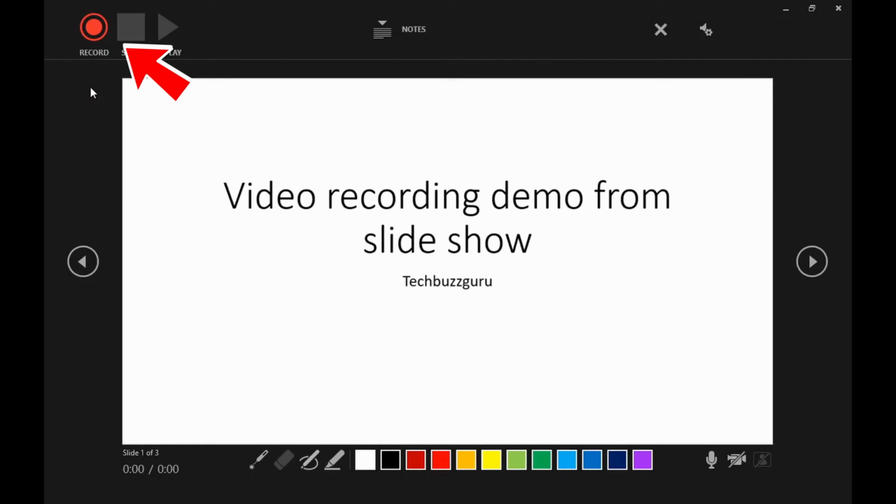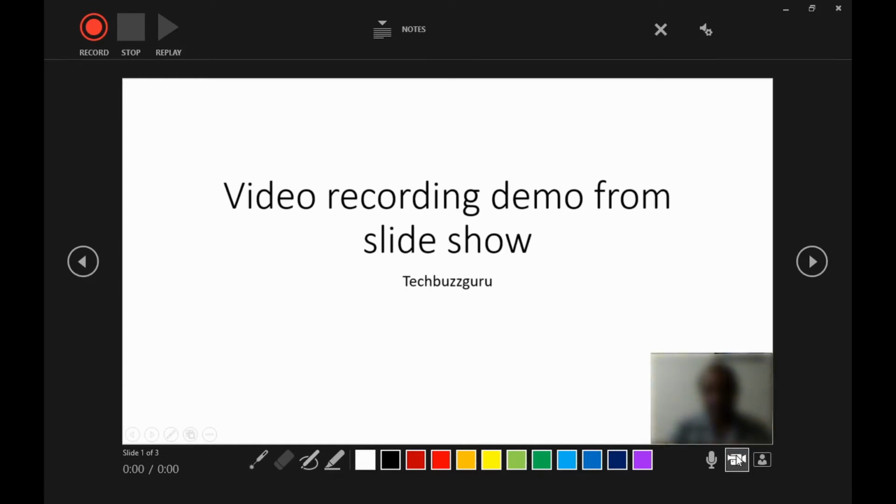We have not yet clicked it, but let us look at the other options. It has a stop, replay, right? And at the bottom, some very important options, especially on the right hand bottom side, where we can turn off the microphone. Presently, since we are making a video, no need to turn it off. The other option is whether we would like to use the webcam, incorporating our own video visible on the slideshow screen. So we can turn it on as per the requirement.